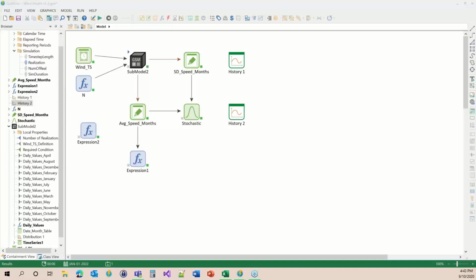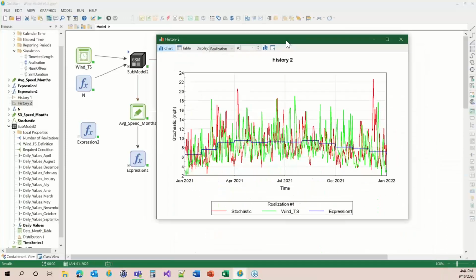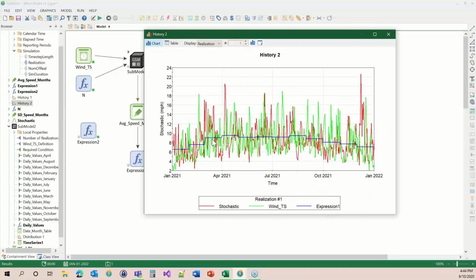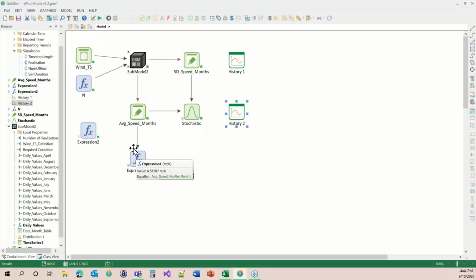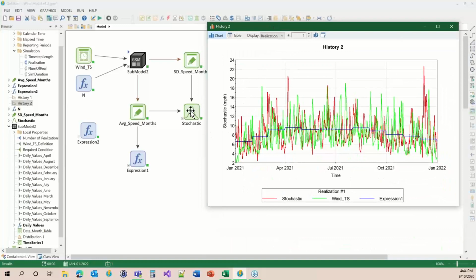Someone asked, I didn't know it was possible to get the average value of a variable during periods. Well, actually, you can do this with reporting periods very easily, if that's what you're talking about. So, for example, this expression element right here is actually doing something a little bit different. This is just grabbing those values, but we could use the reporting periods to get monthly and annual